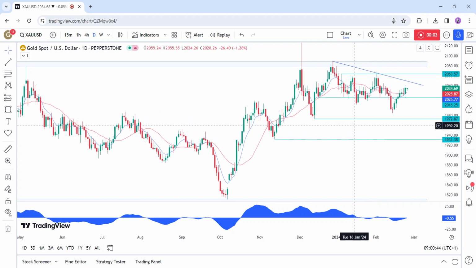Gold has been rising steadily recently as the market priced out most of the expected rate cuts and converged with the Fed's forecast of three rate cuts for this year. We are now in a state of equilibrium, so the data in the next few weeks will be very important